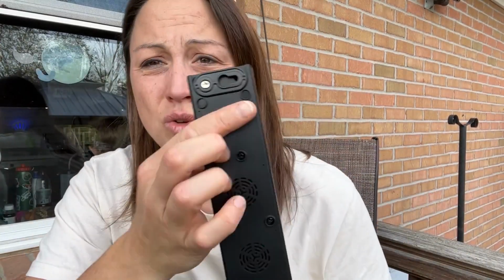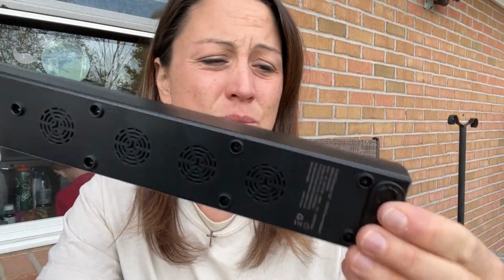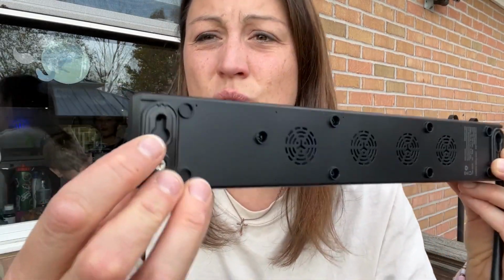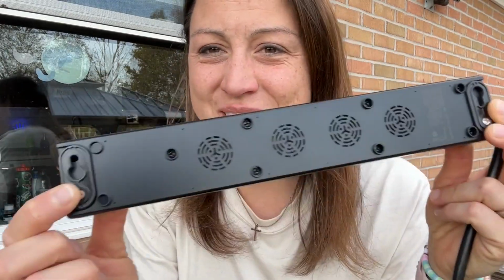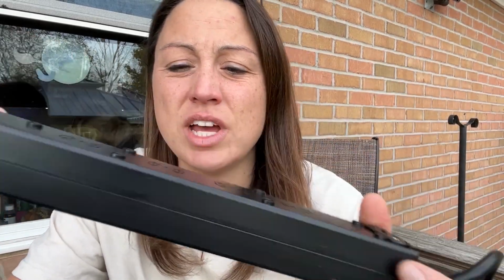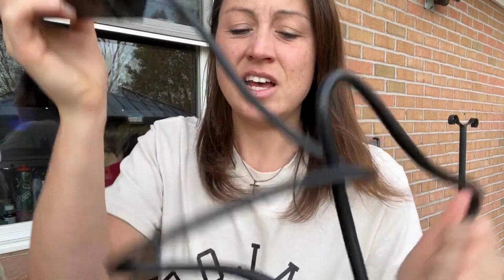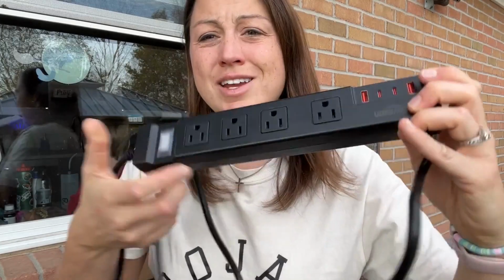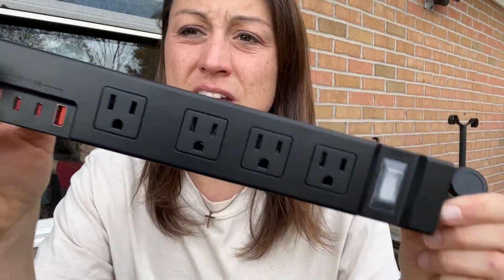You are able to mount it to the wall or just lay it anywhere you want. It has 2 holes for those hanging options if you'd like to do that. This has a PVC and an ABS shell, so in that way it keeps everything protected. It stays in good shape, high quality, helps charge your items, keep them powered, keeps them from overheating or shorting